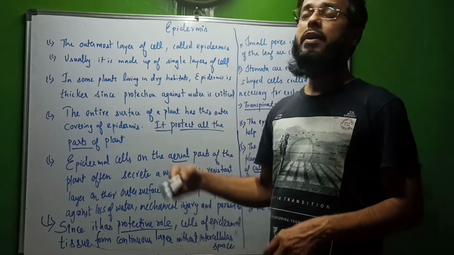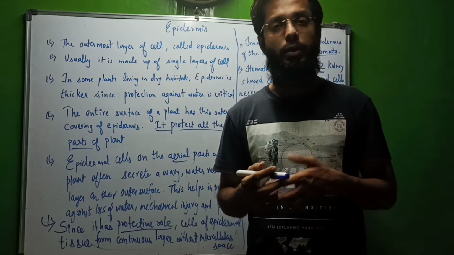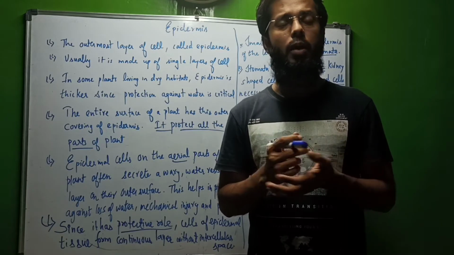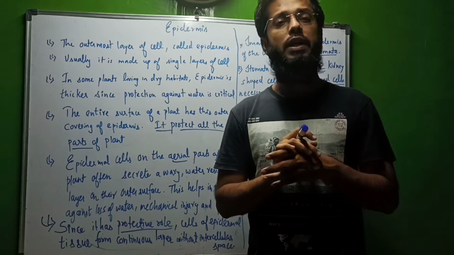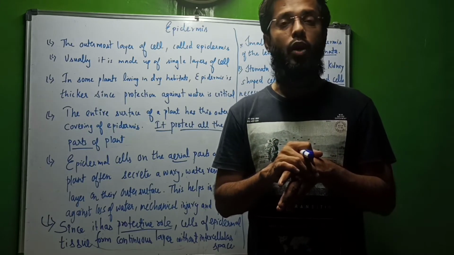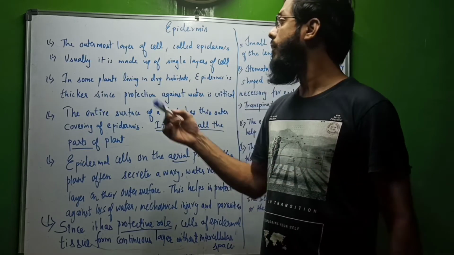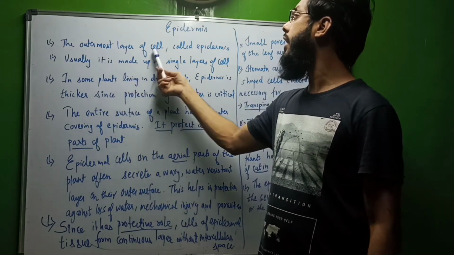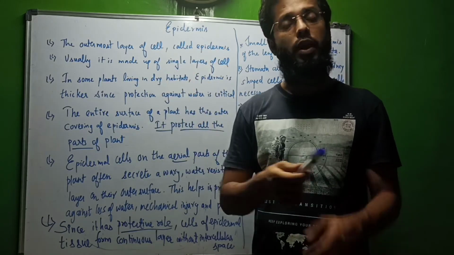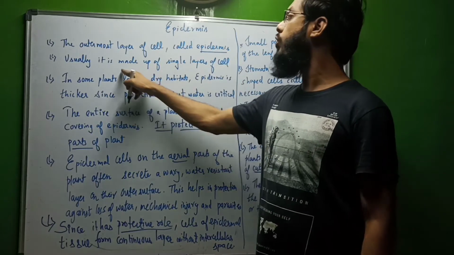So epidermis is the outermost layer or outermost tissue in case of plants or animals. Derm means skin, epi means the upper layer. So epidermis plays a major role in covering our outer layer of the skin. It is also a protective layer. The outermost layer in case of plant cell and animal cell is the epidermis, and it is usually made up of